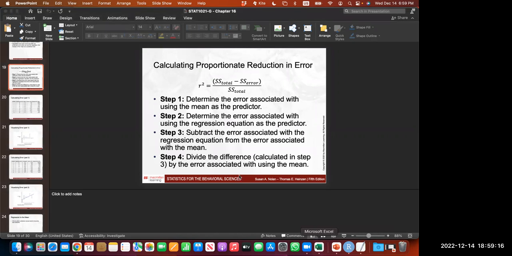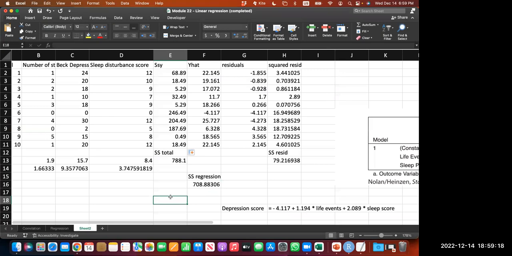And calculating this here would result in 708.88 divided by 788.1, the other way around. Okay, so we have now brought our R squared of